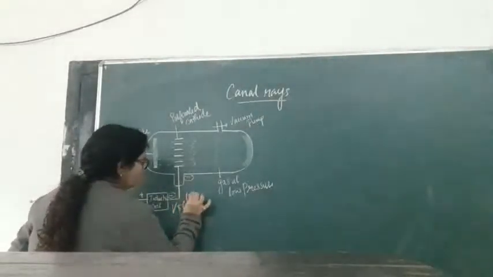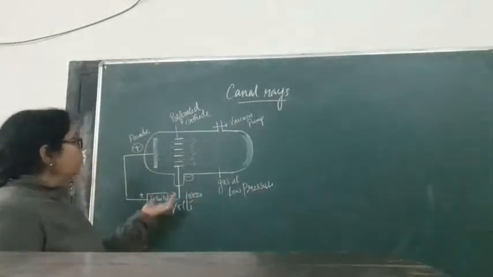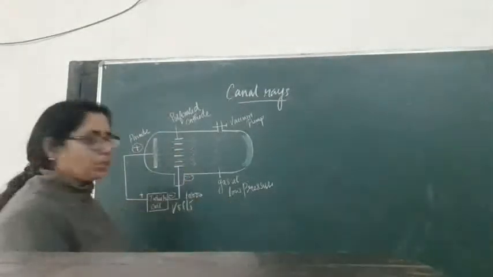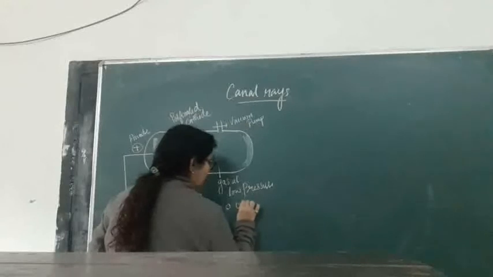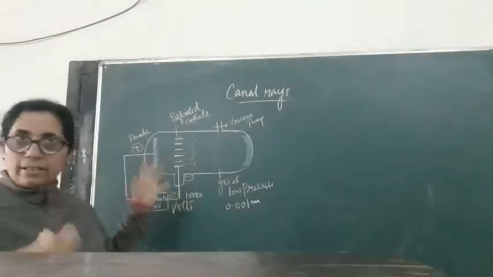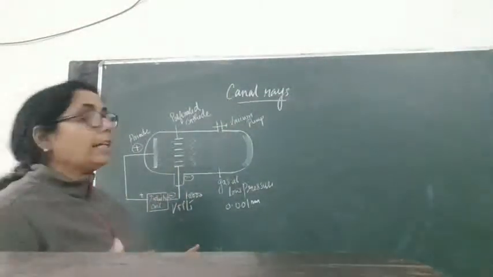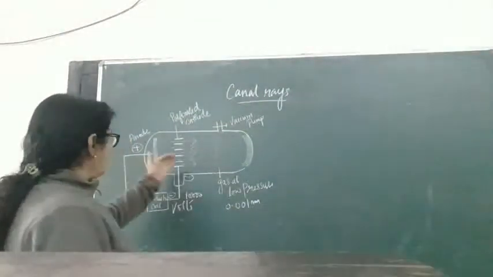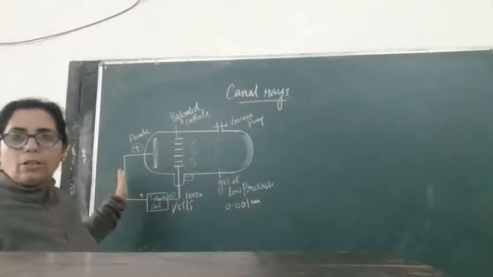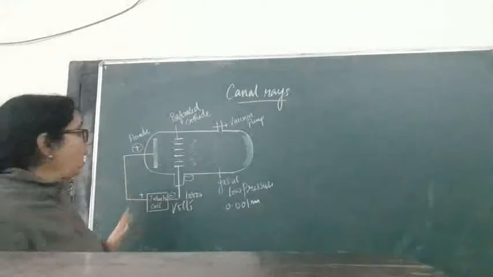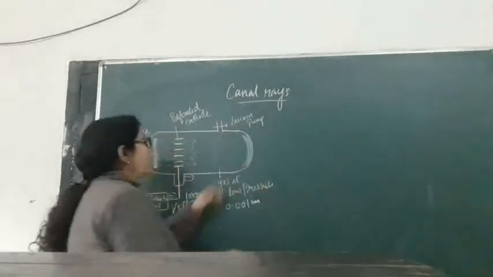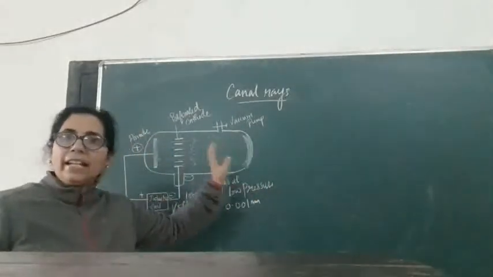Okay, 10,000 volts were applied, and the experiment was conducted at a very low pressure, again at 0.011 mm of mercury. It was found that some rays were now coming from the left hand side, where we have kept the anode, and there was a glow seen on the right hand side, which was the end having the negative part.